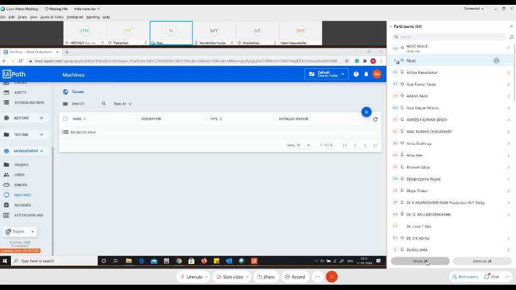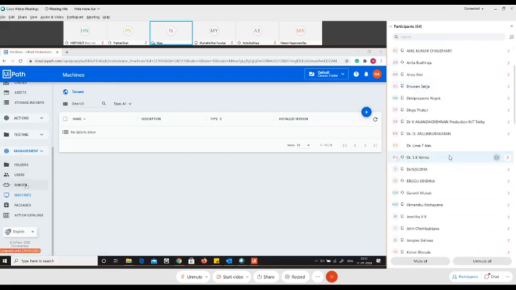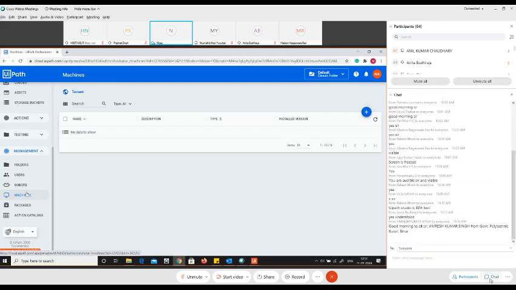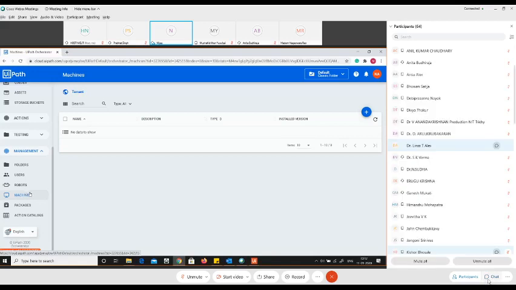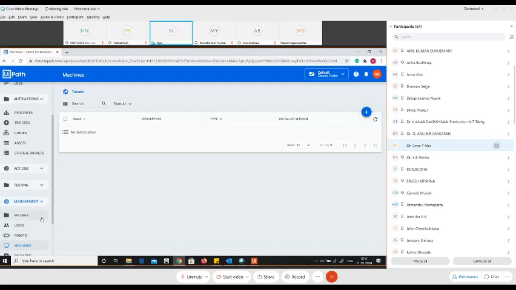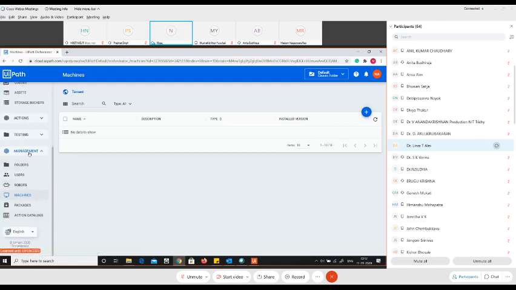Okay, so as I was saying earlier, under the Management section, click on Machines. I want each one of you to please make a note of it because this step is going to remain the same every time you create a machine or connect to the Orchestrator. We have different sections here: monitoring, automations, testing, actions, and so on. But the category we're interested in is the Management category, and from here, we'll click on Machines.